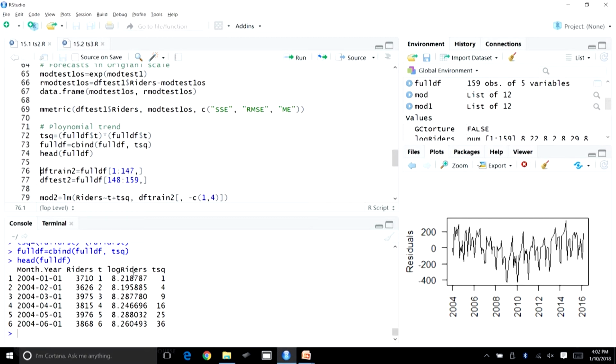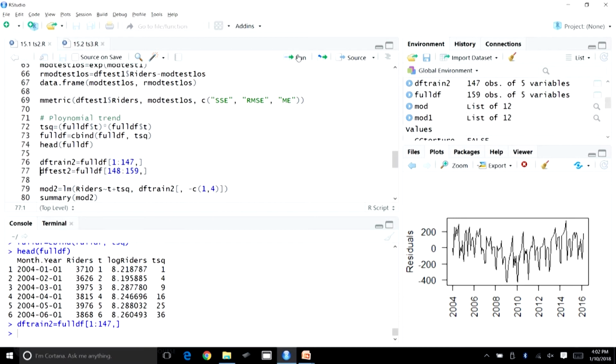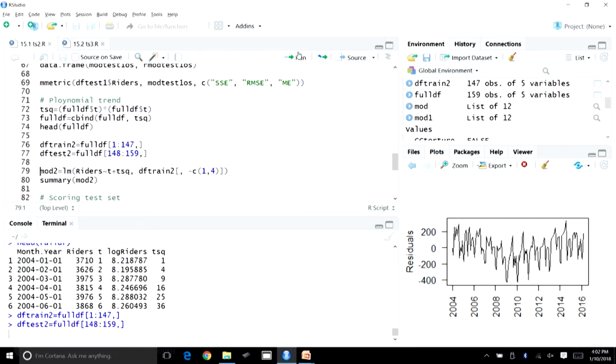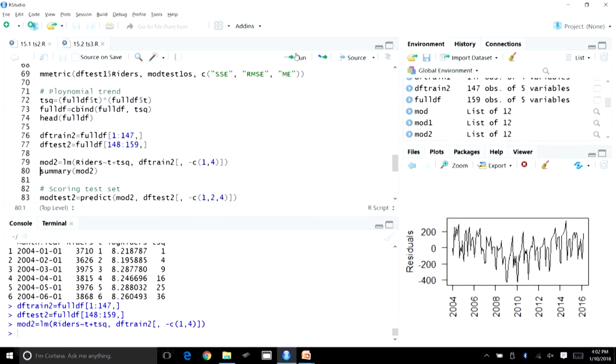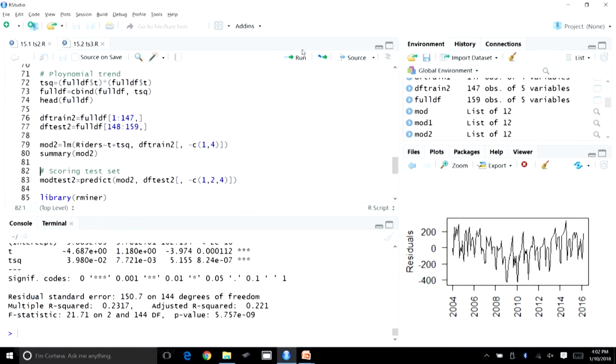Just like other modeling that we did, next we are going to partition this data set. We will create these two partitions, training and testing. You can see we are using the same number of observations that we had used for earlier models. Now, we will look at the model equation. The formula says riders versus t plus t sq. So, in this quadratic model we are regressing riders on these two variables, and the data frame is also appropriately specified. Let us build this model. It has been built. Let us have a look at the results.